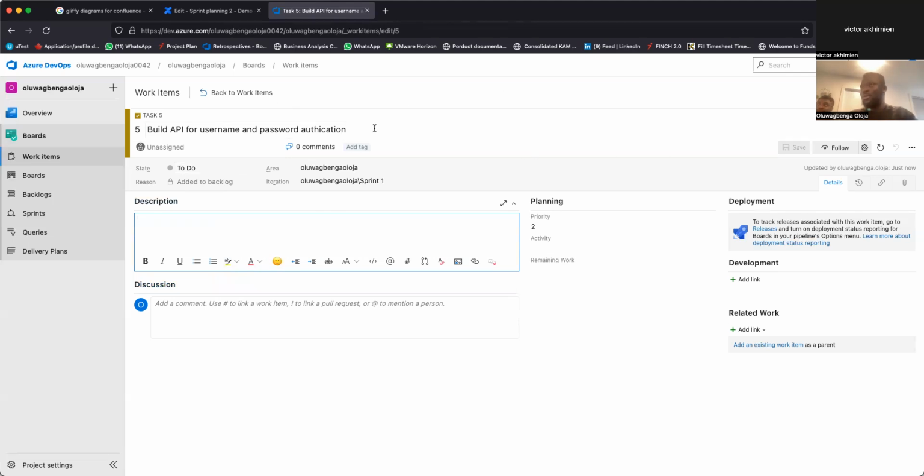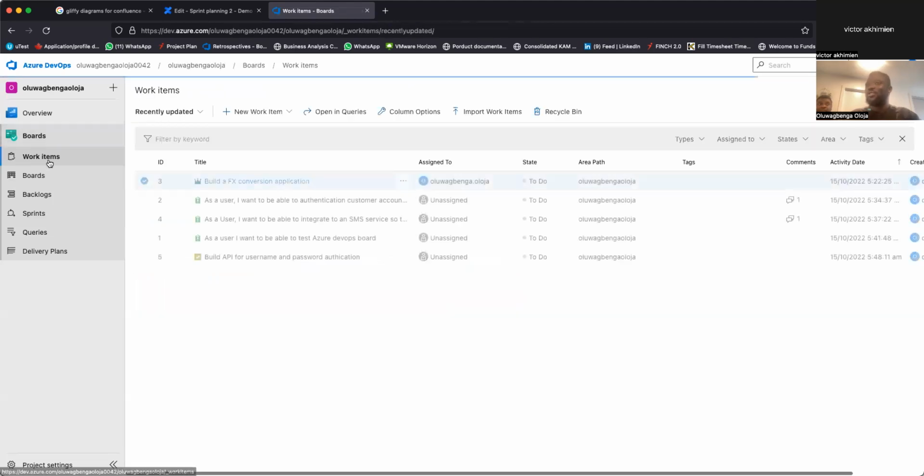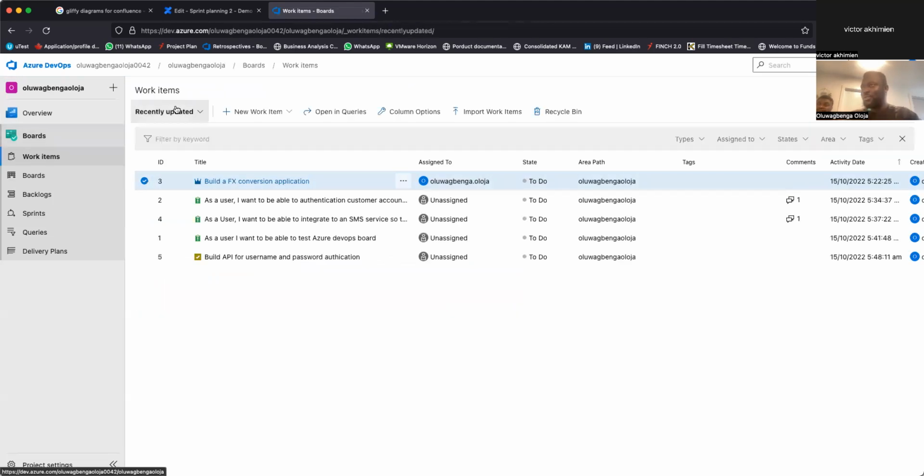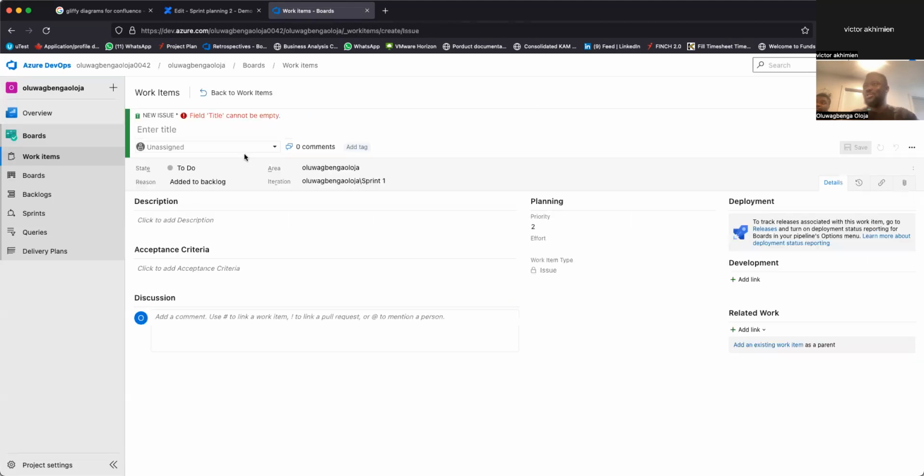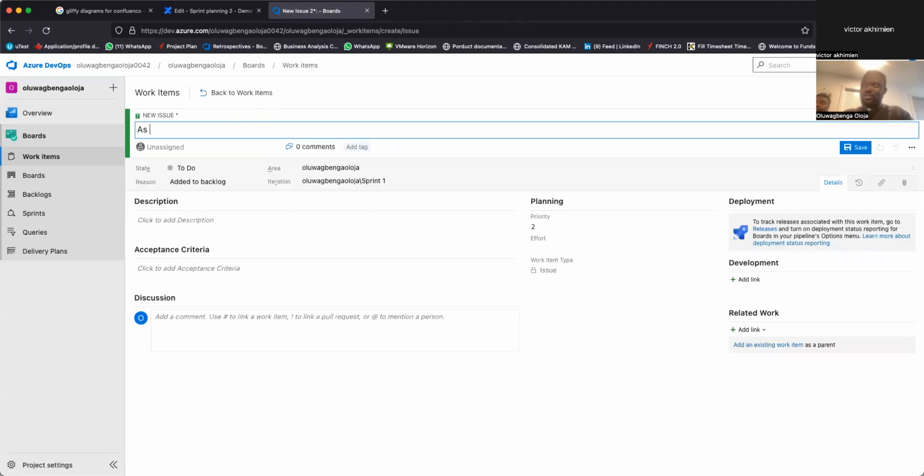I want to create another one for, let's say, our UI. You need to create some UI artifact for us for login, like the button, how the thing would look and feel, right? So should we create it as a task or as a story? Let's create it as a story. As a user, as a UI interface, let's use that.